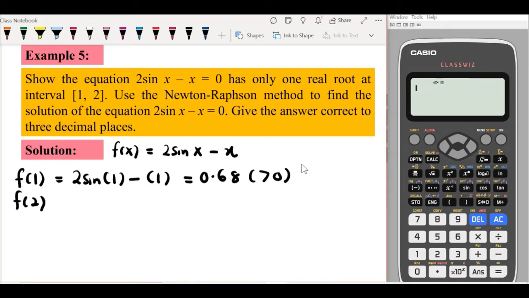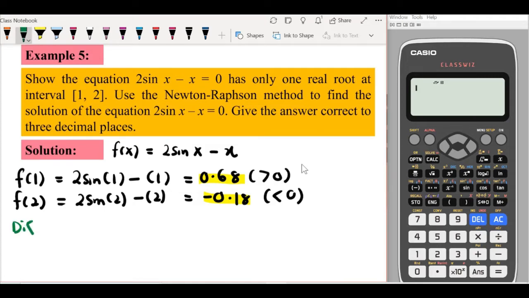Next, substitute the second value of x, f(2). So we have 2 sine 2 minus 2. In this case, we will get negative 0.18, and this is a negative value. So here we have a change of sign, different sign, positive and negative. Straight away we can make a conclusion. So different sign, or you can say opposite sign,